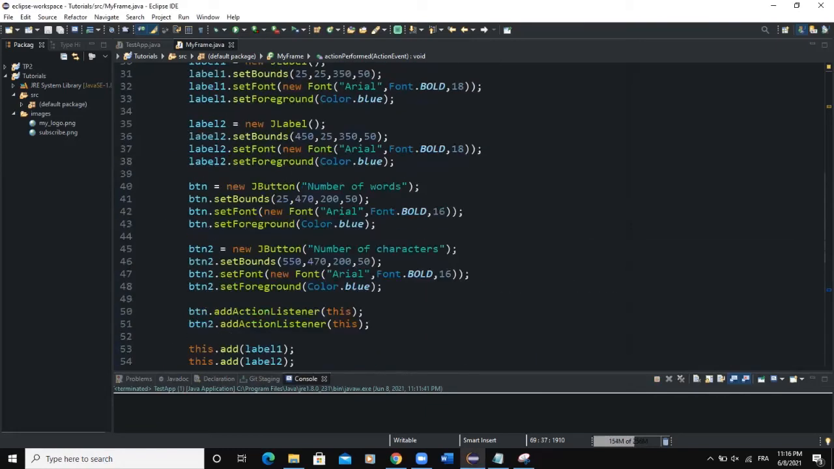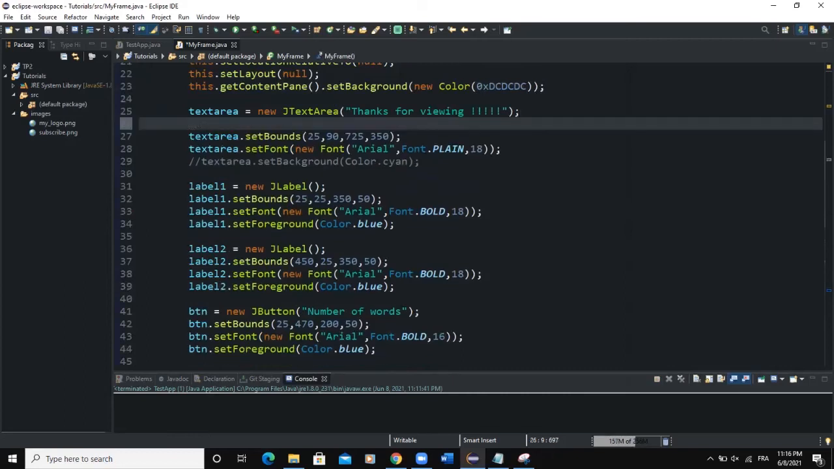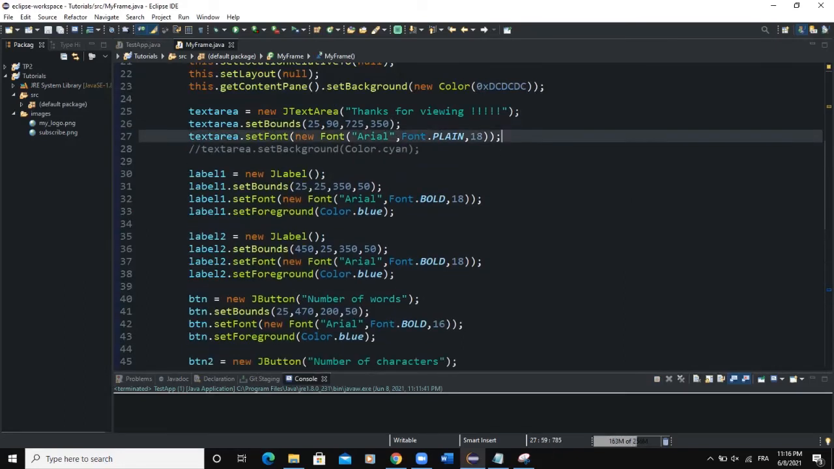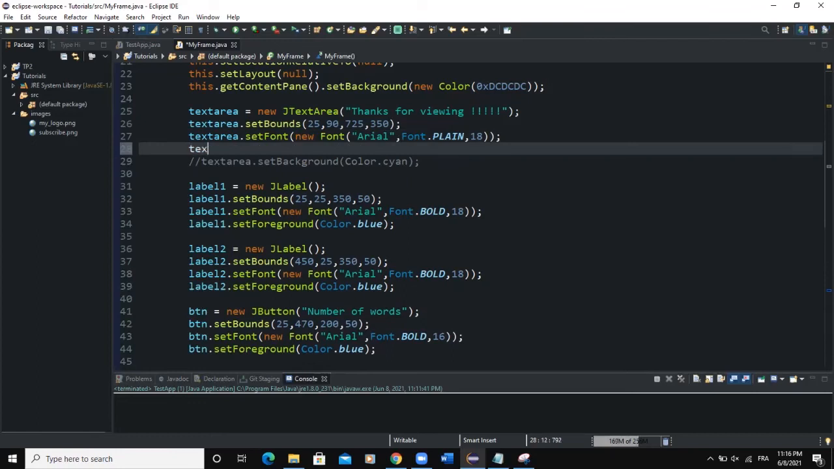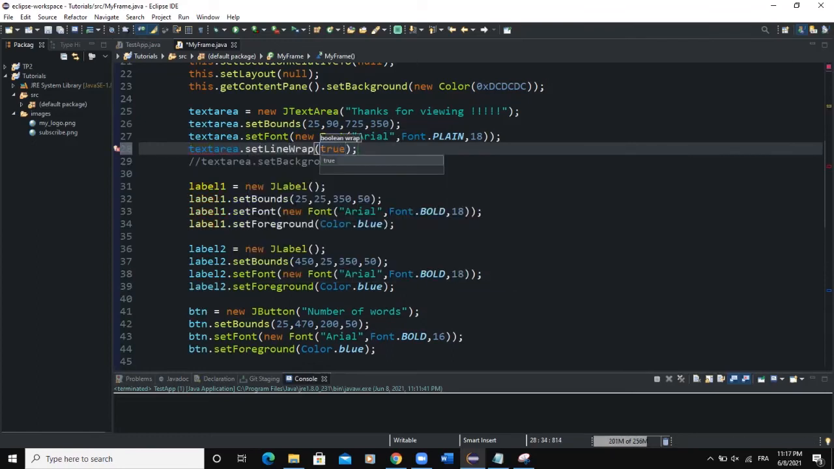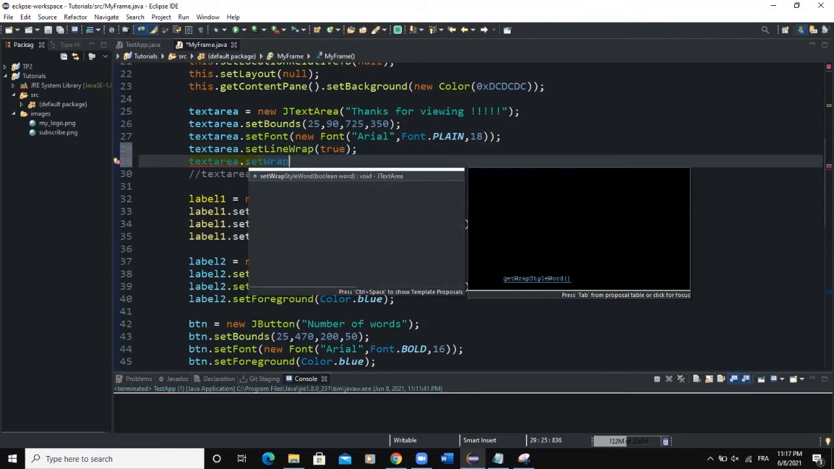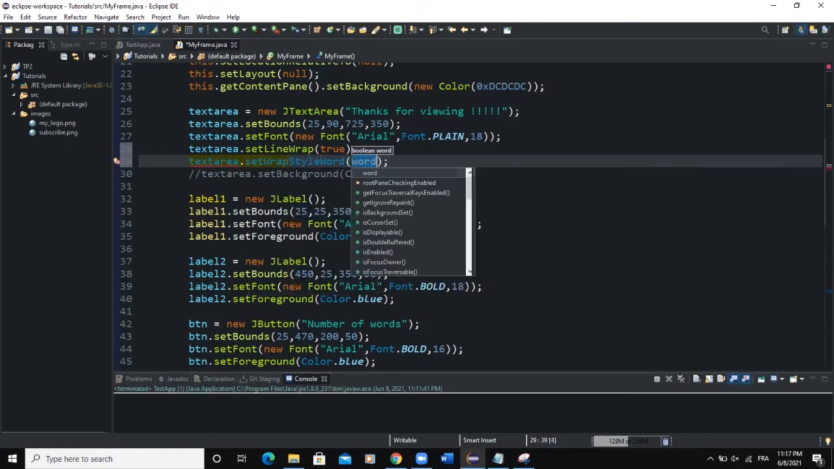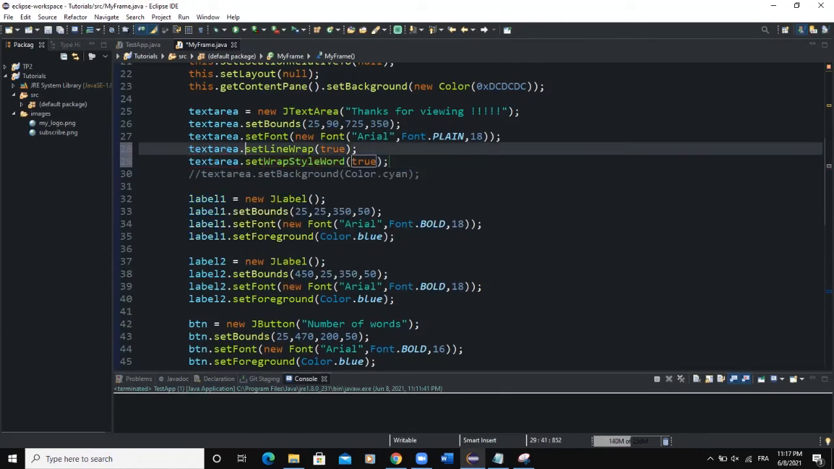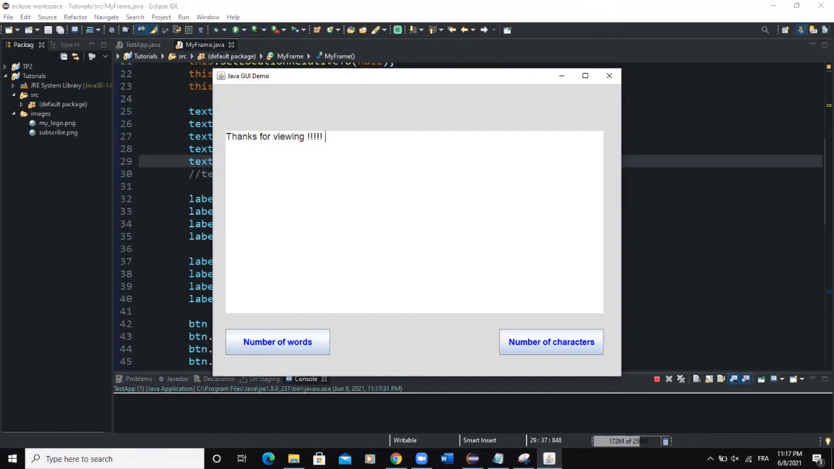So how do you do that? Let's come in the constructor, and where we instantiated our text area, let's say textArea.setLineWrap(true), and then textArea.setWrapStyleWord(true). This is going to set the line wrap, and this is going to set the wrap style word, so that now when you run your program, and I'll say,